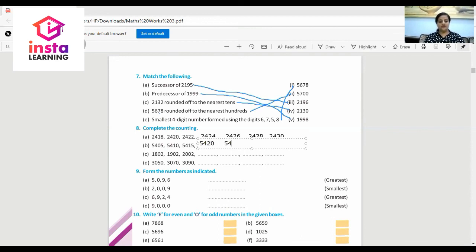Then 25. 5425, 5430, then 5435. This will be the answer. Next,